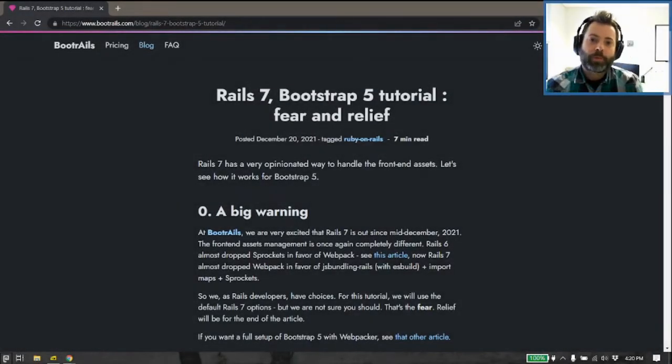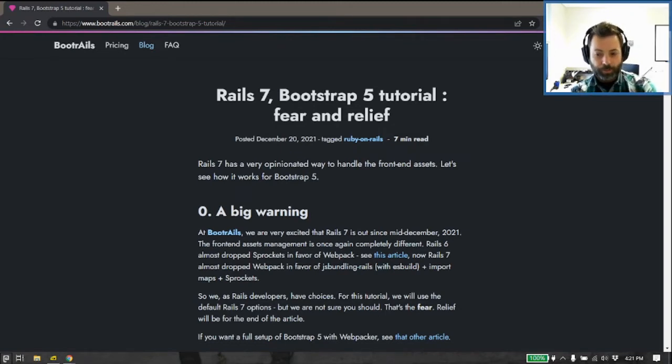Okay, and probably for the last video slash set of videos, depending on how long this goes, we are going to add Bootstrap to Rails 7. Now, there's a couple of things to talk about before we get into this. If you are an experienced Rails user, this is probably going to be different than you're used to. And the reason why is that there are some new things with Rails 7 that make Bootstrap, in theory, a little bit easier. It's actually part of the Rails site creation now, and it includes a lot of extra